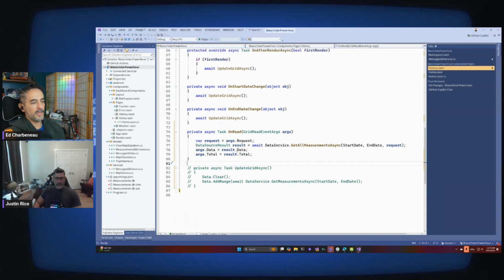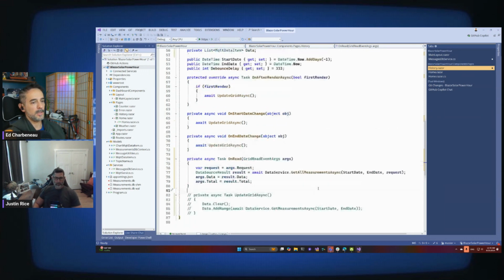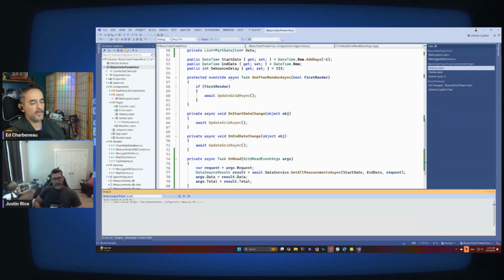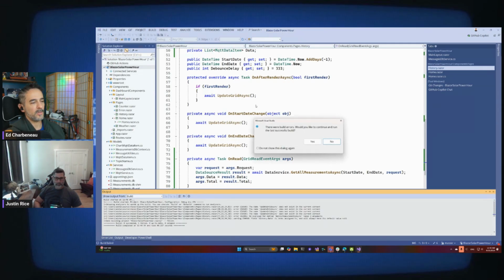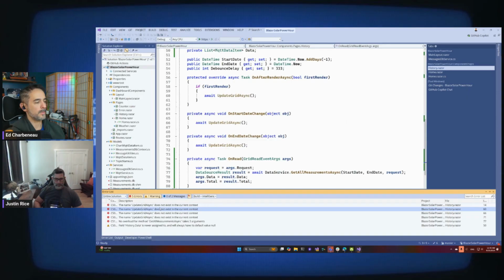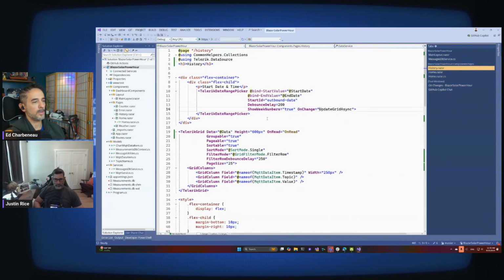Awesome. But this saves us from, say, let's see, let's run this really quick. Yeah, I see it in action. As I say, I don't know if it's all set up yet, but let's run it and see what happens. But it saves us from, nope, missing something here. UpdateGridAsync does not exist. Oh,